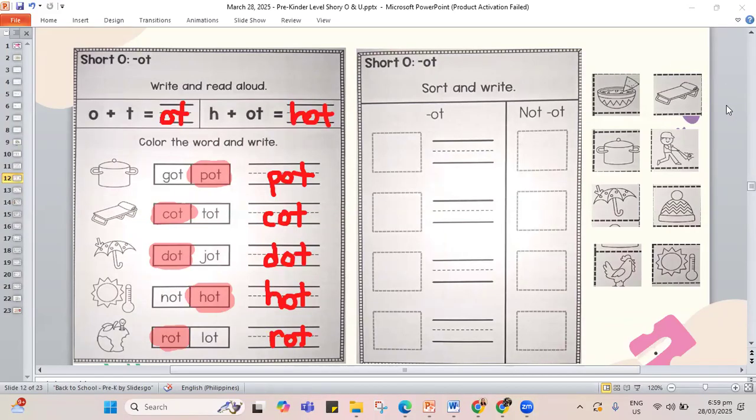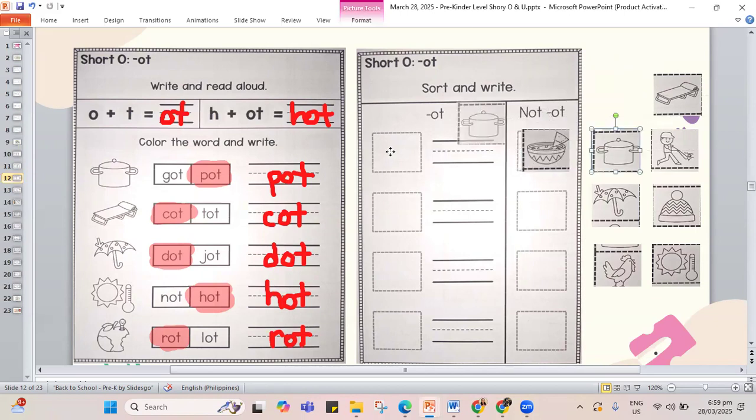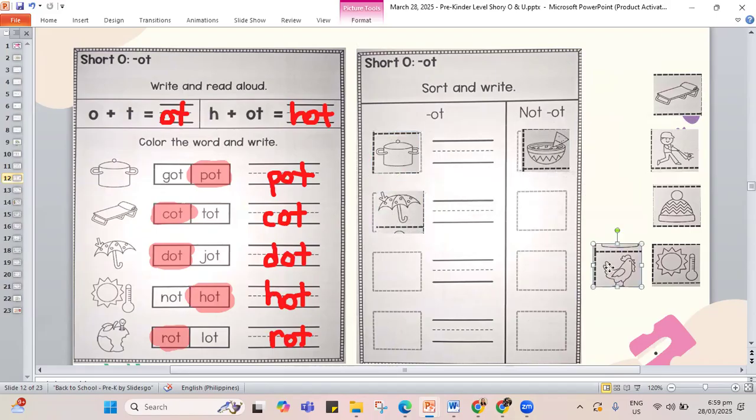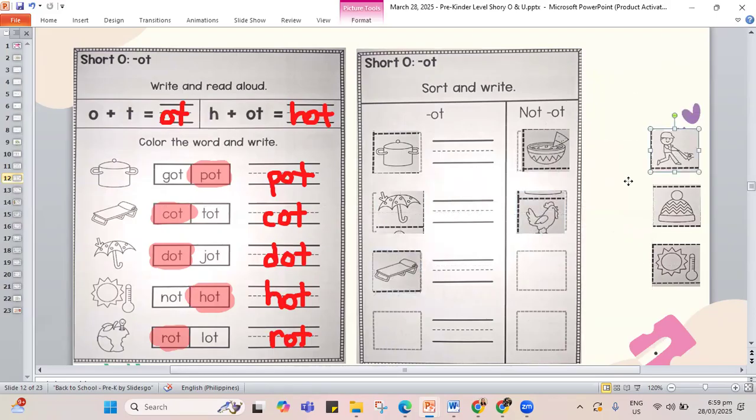This time, we have our ot words. Let's find them. Dip is not an ot word. Let's put it on the side. But pot is. That's right. Let's put it here. Dot, also an ot word. Hen, it's not an ot word. But cot is. Let's put it here. Hit, it's not an ot word.